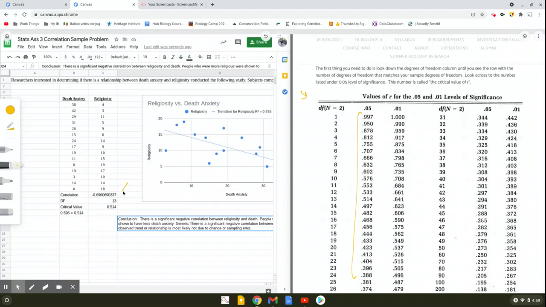Back on the left over here, you're going to calculate that correlation value, entering the command equals correl, and then close parentheses. Then you're going to find the degrees of freedom, which for correlation, you take the number of pairs, that's 15, minus 2 is 13. So we're going to find 13 right here. This chart is really easy because we only have 2 different columns, but 13 and 0.05, so this is our critical value,